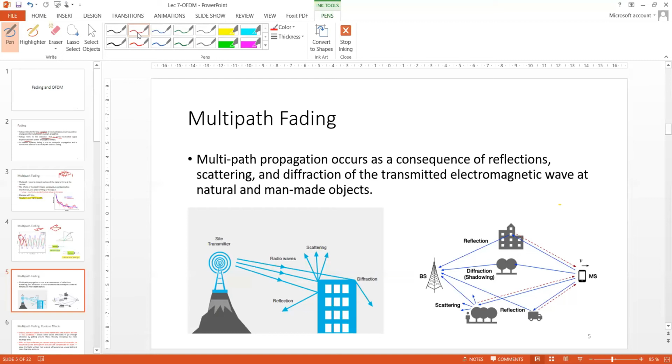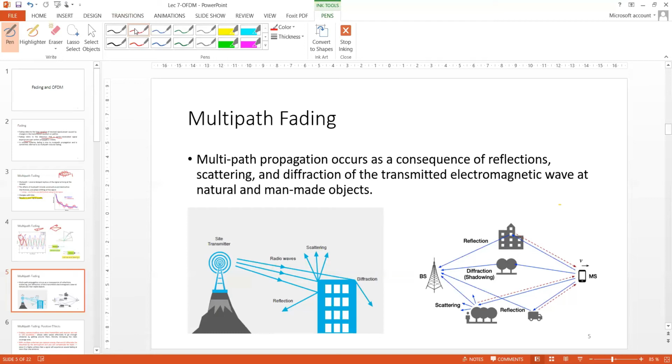There can be mountains, trees, buildings, poles, electric cables, and so on. Each of these obstructions affects the signal differently, and based on the nature of the obstruction, you can get reflection, scattering, or diffraction. All of these factors add up, and all of them are responsible for the cause of multipath